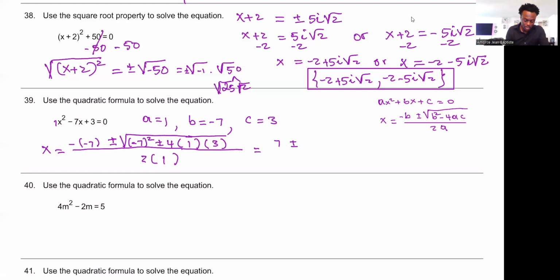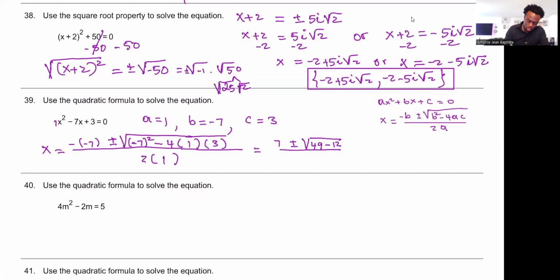Not 49 times. So let me put it down. Square root of 49 minus, no, the inside is not plus or minus, I'm sorry. It's just minus, sorry. Plus or minus is only on the outside, just like I did in the formula here. So 4 times 12, 49 minus 12